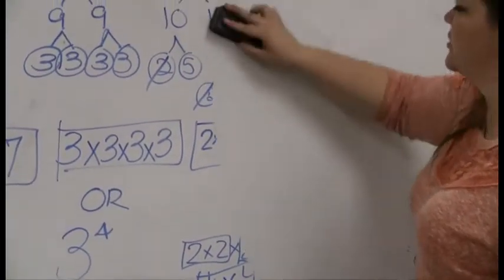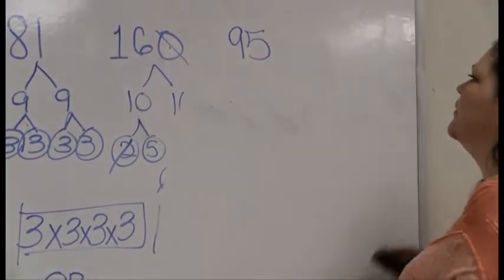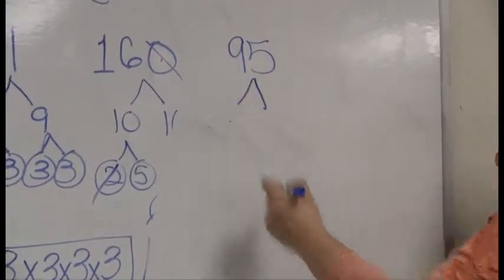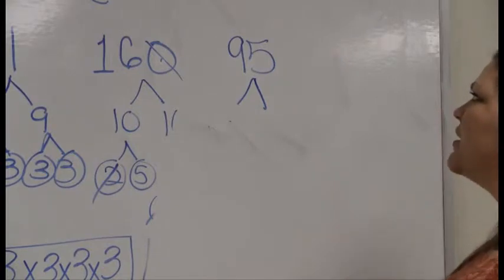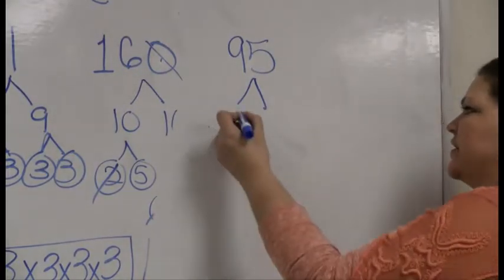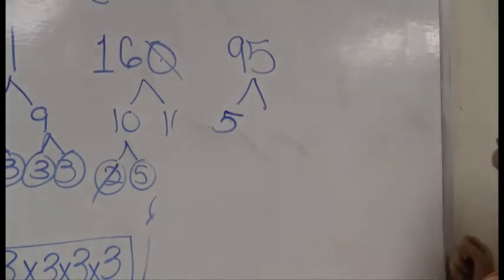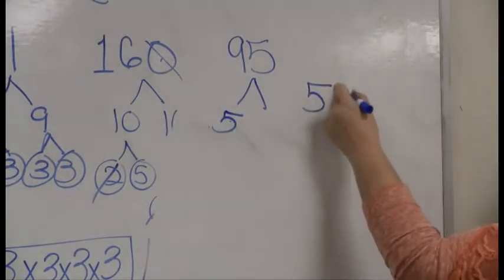Erase that. Let's try the last one. Let's do 95. Now, again, people freak out. Kate, I don't know any fact about 95s. No, but I bet you can tell there's a 5 in it. Well, how do I figure out the other number? Well, back to your friend long